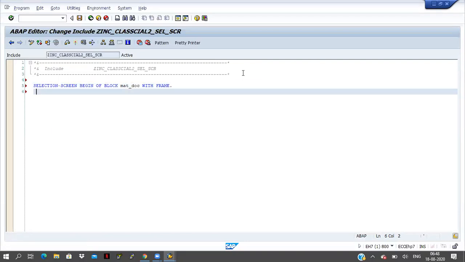Now I am giving the input fields here. Select-options S_MBLNR for work area MSEC MBLNR. Already I declared the work area MSEC in the first include, that is why I am writing like this.